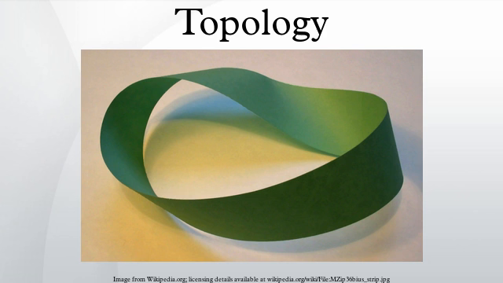If τ is a topology on X, then the pair (X, τ) is called a topological space. The notation X_τ may be used to denote a set X endowed with a particular topology τ. The members of τ are called open sets in X. A subset of X is said to be closed if its complement is in τ. A subset of X may be open, closed, both, or neither. The empty set and X itself are always both closed and open.